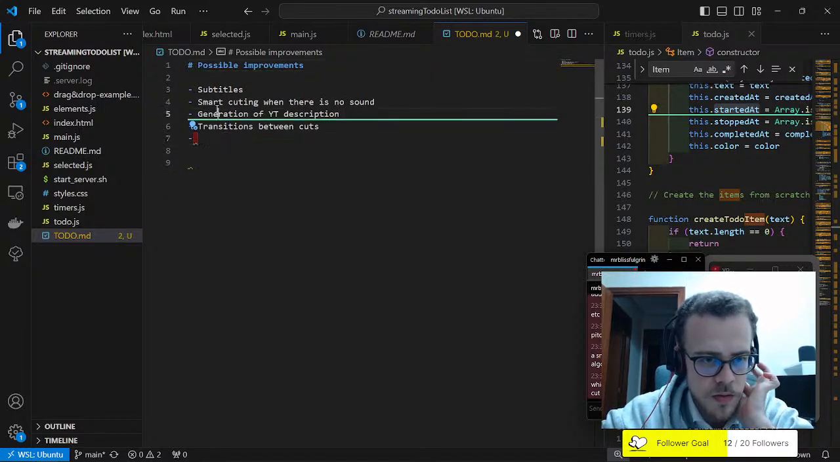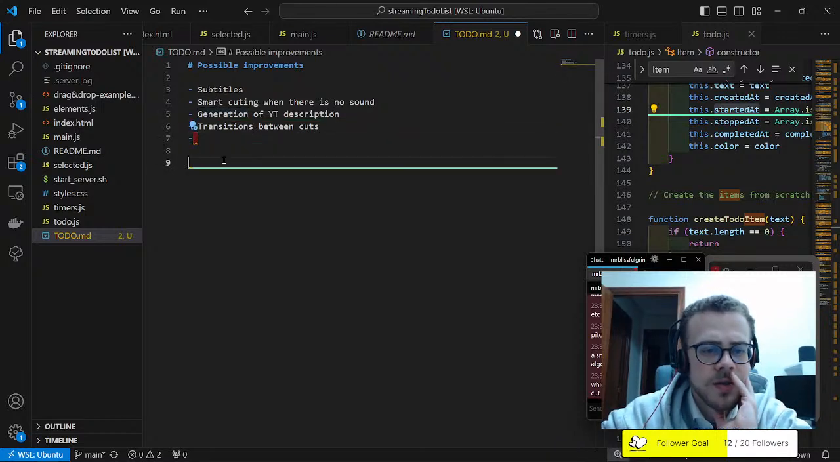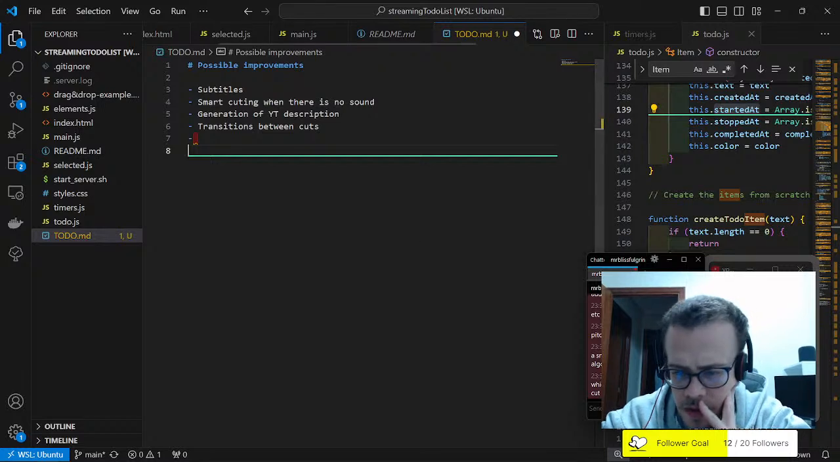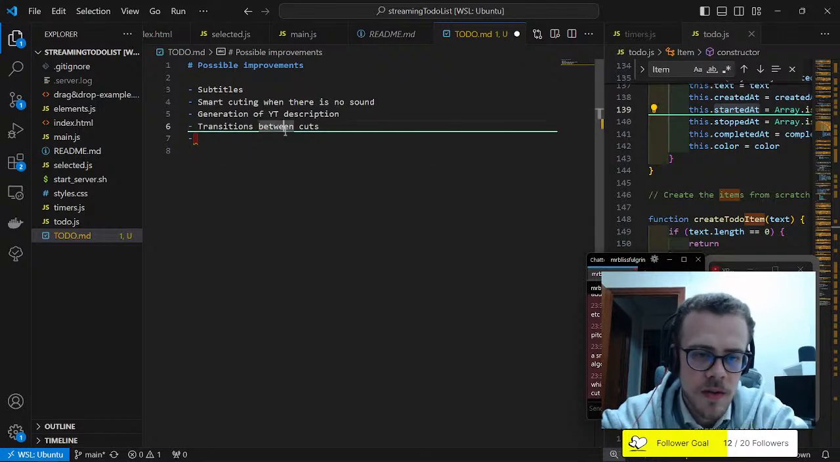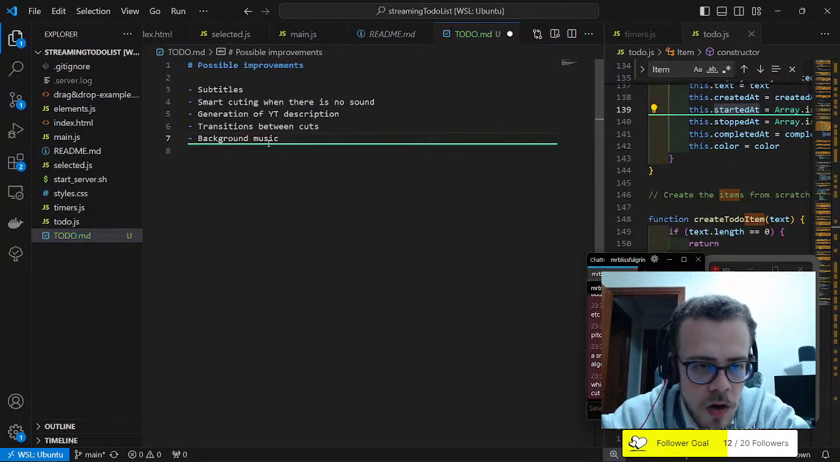That would all go within the smart cutting. Transition between cuts. What else did we discuss? Oh, background music. So from all of this,